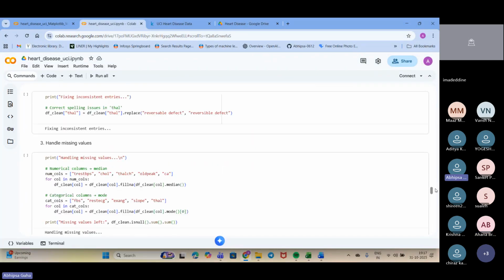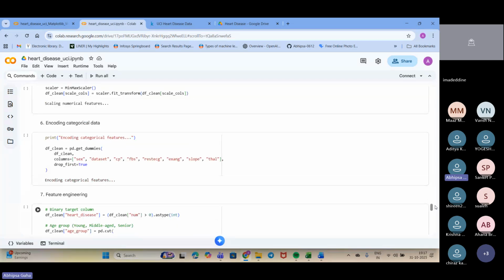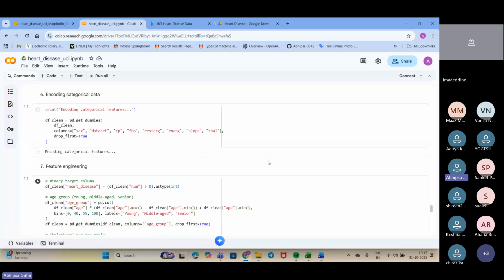So where were we? Yes, I guess we were in the encoding section. What we are doing in the encoding section is handling the categorical data. These are all the columns that contain categorical data: yes, no, true, false, male, female.